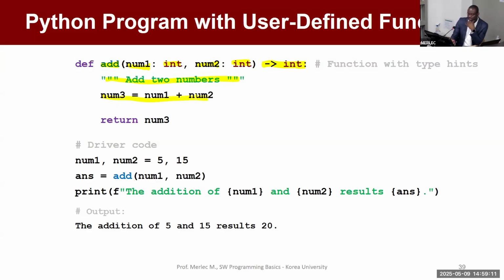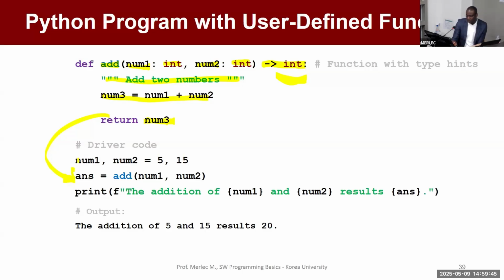So this function will take the value that will be sent through the parameters num1 and num2, and the sum will be stored in num3. Then num3 will be sent back to the calling line, which is here. Remember, this num3 should be of type int. And then the driver of this code is the main program where we call